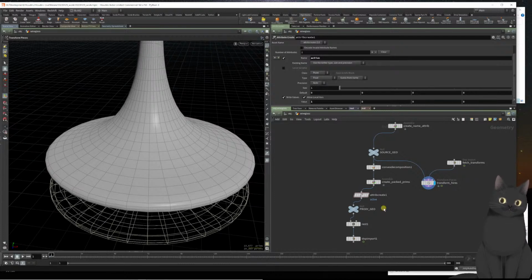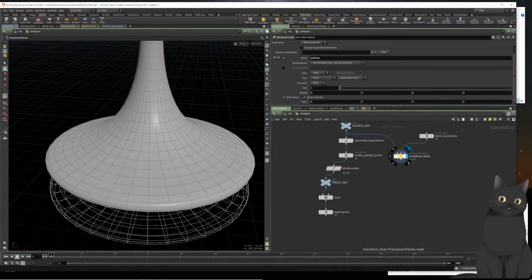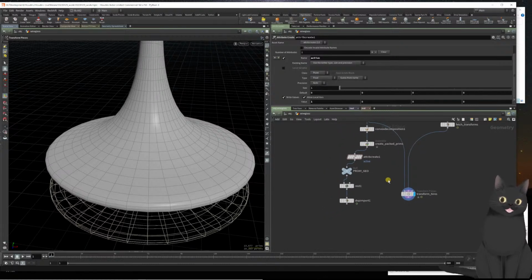Now we're going in and we're not looking at the convex pieces, we're looking back at the high res one. So all the information from the small little convex pieces are being transferred to this, and we can see